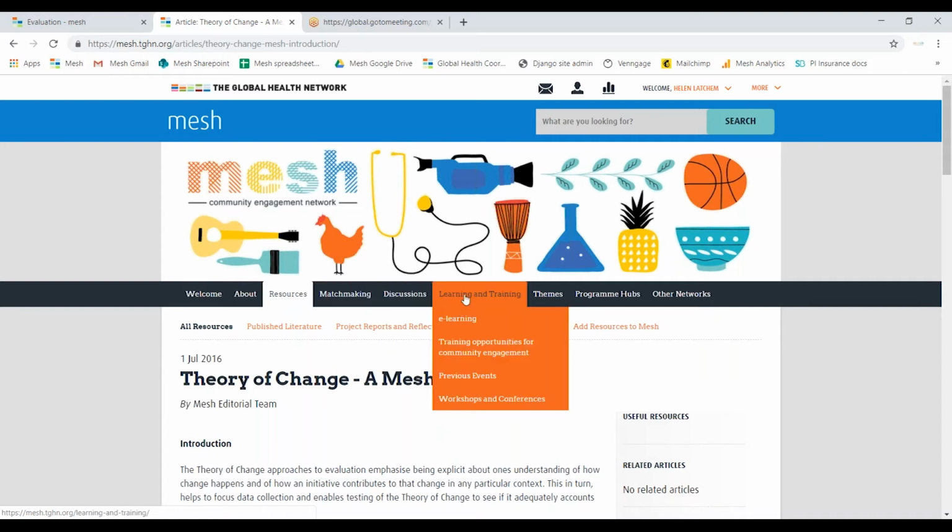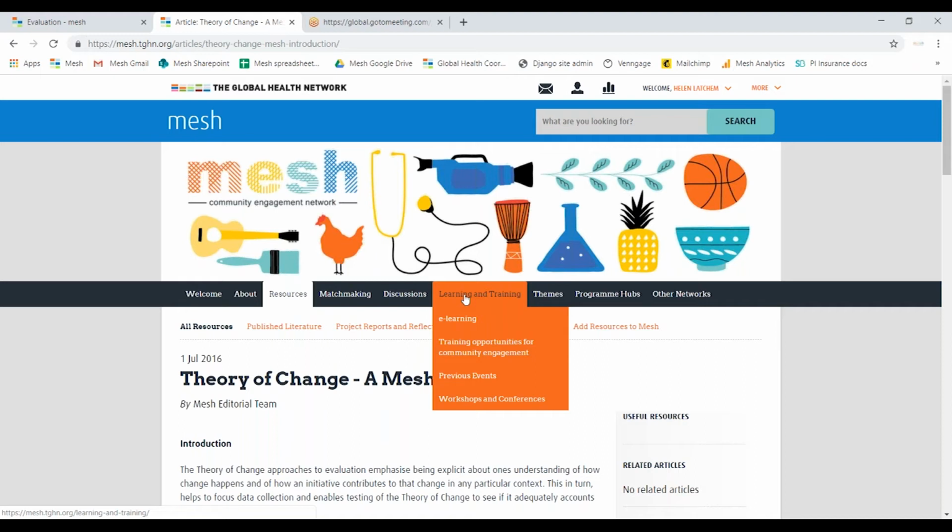In particular, we have e-learning here. E-learning or online learning is really popular on the Global Health Network more broadly. They have a professional development scheme, and they have a number of different online courses all around clinical research mainly. So if you're interested in courses around clinical research and research broadly, then do have a look at the Global Health Training Centre. But here on Mesh, we don't have a Mesh course yet, but it's something that's in development. In particular, 2 members of the network are currently working on an introduction to visual participatory methods in engagement, and that will be launched towards the end of the year.